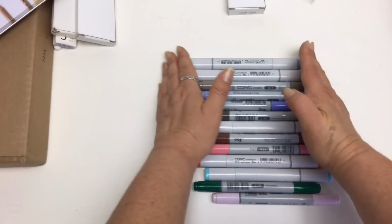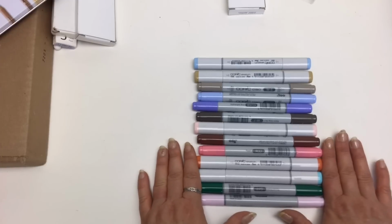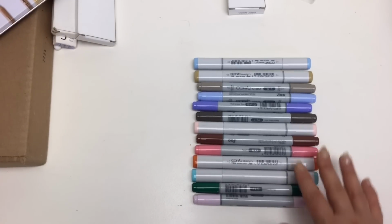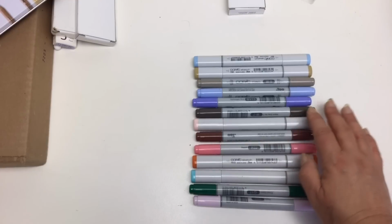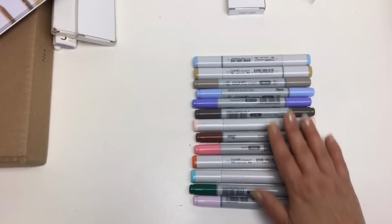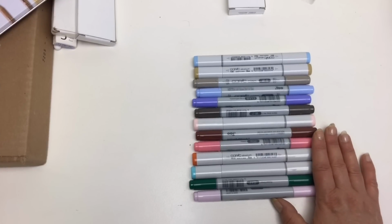And in Australia there's a shop where you can buy these. They're quite cheaper compared to other art shops. So often to get free shipping I build up my order and I get a few of these to build up the set. I would like to build up the set of Spectrum Noirs because I've got like 96 of those, but in Australia they're not as easy to get and they work out the same price